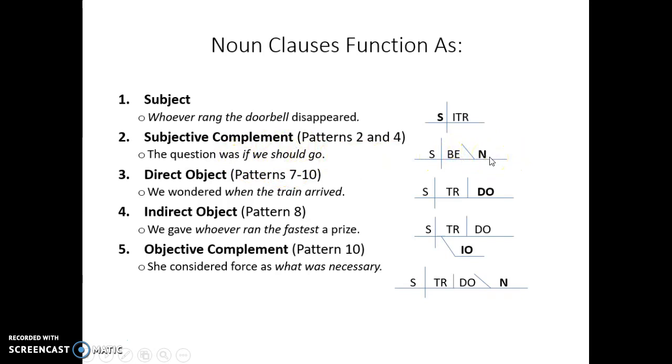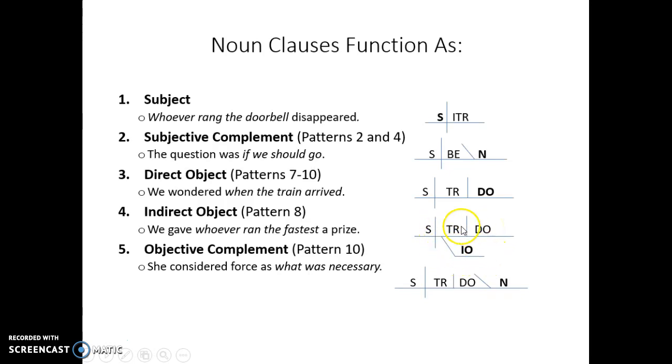And I just want to show you that you can boil these down to just a few simple elements. And if you think of it as that, it becomes much more manageable. Nouns can be a direct object. In other words, they're receiving the direct action of the verb. So we wondered something. And that something was when the train arrived. Indirect object is receiving the direct object that's receiving the action of the verb. So we gave a prize. We, as our subject, gave what? A prize. And to whom